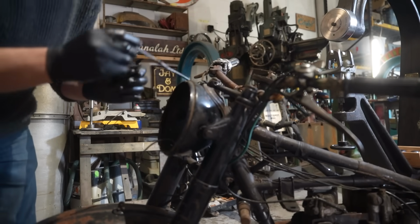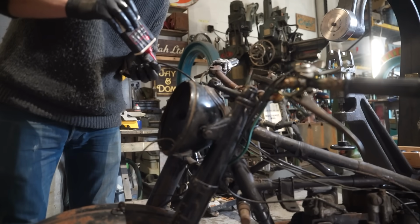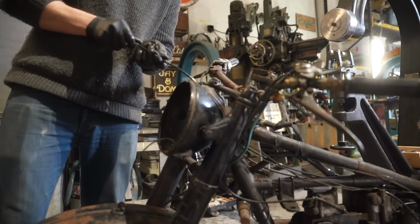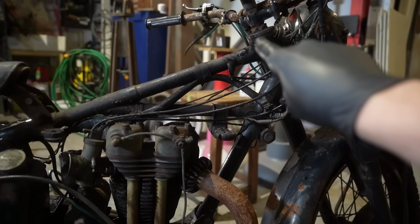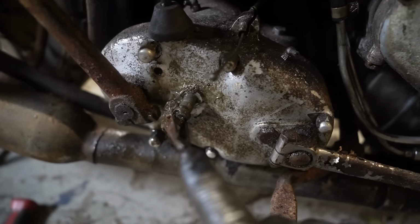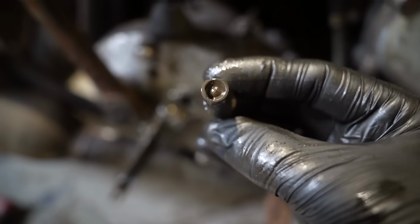Right, so this is the clutch cable, and I'm just dripping some oil down into it to try to get things moving again. When you pull the clutch lever up there, the cable goes through there, round there, to here, and then it pulls this lever. As you pull the clutch cable in, it pushes that lever in, which pushes this little adjuster with a ball in the end